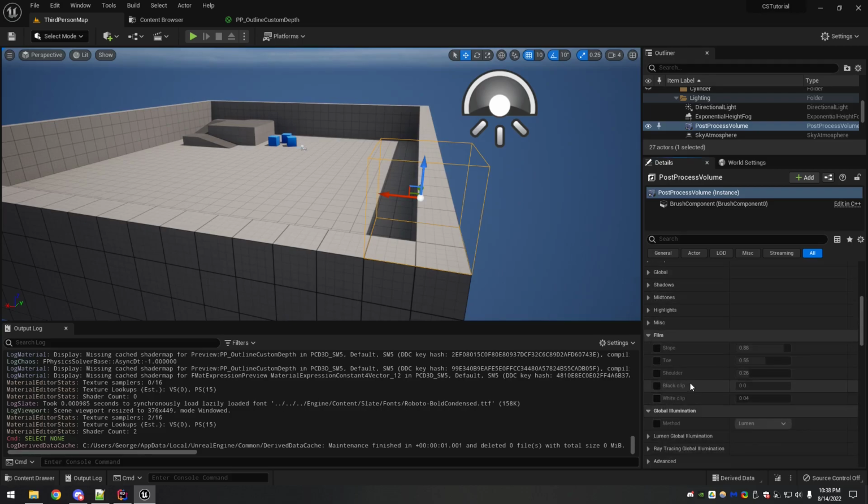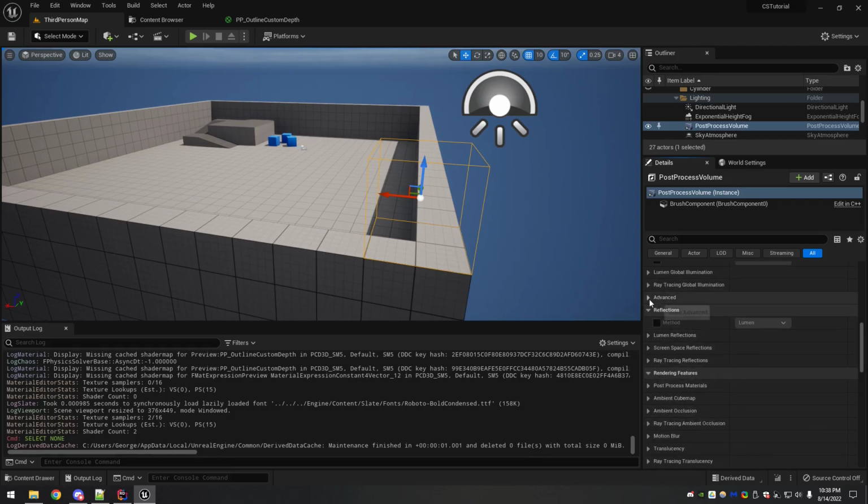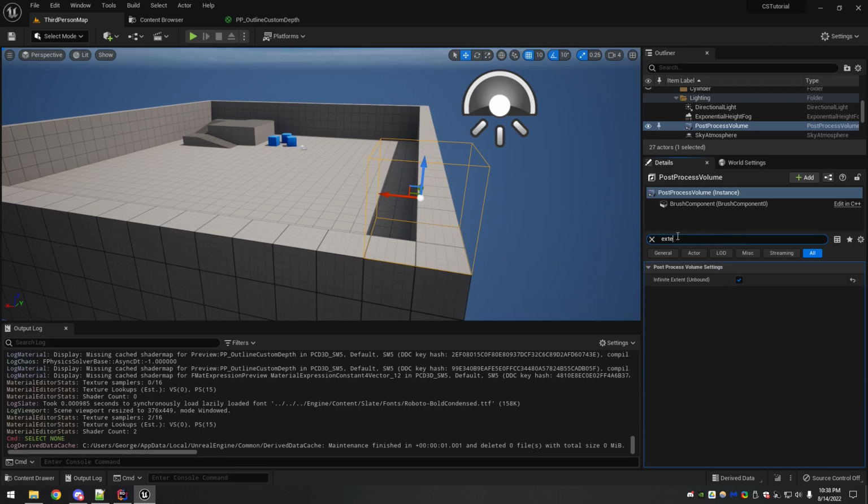And so I was trying to find that, and there's just so much stuff in here. Yeah, so I'm just filtering it. So it's under the volume settings, infinite extent, unbounded, right? So whether this covers the whole world or just the area inside. So obviously by default that is checked.